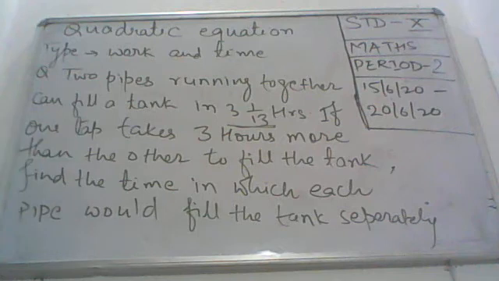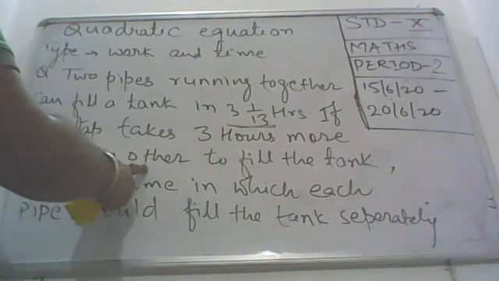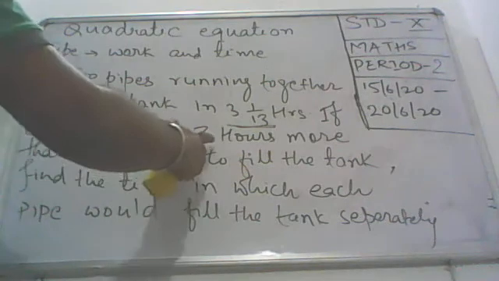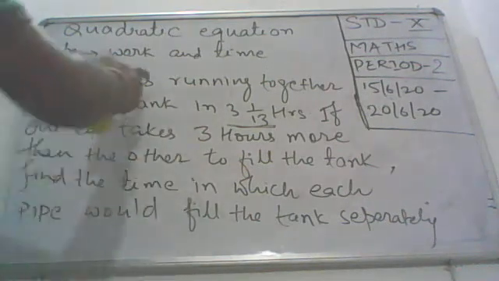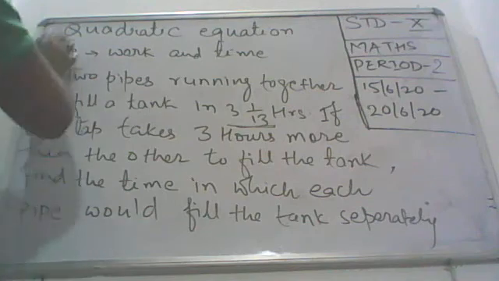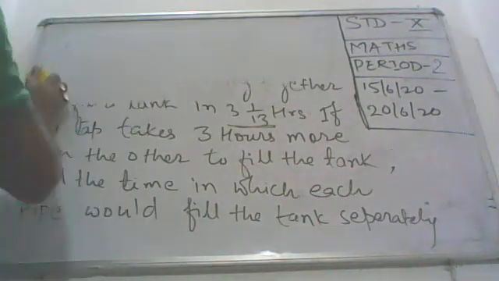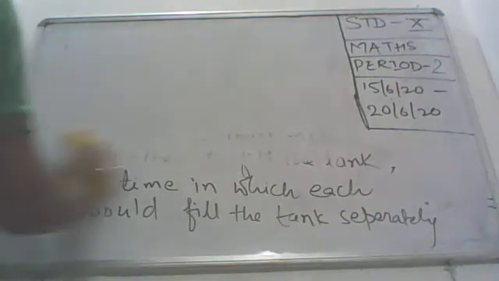So now I am erasing this question because I have to explain this. Now you have read this question. One thing from the question it is clear. The second pipe is a slower pipe. It is taking 3 hours more. That means it is slowly filling the tank. The first one is the fast pipe. Okay. So now the conclusion has come, which is fast and which is slow. So we can now easily do this.